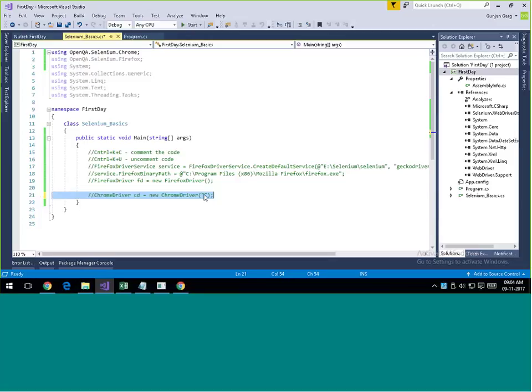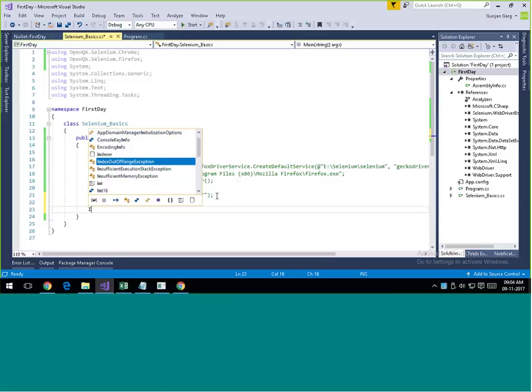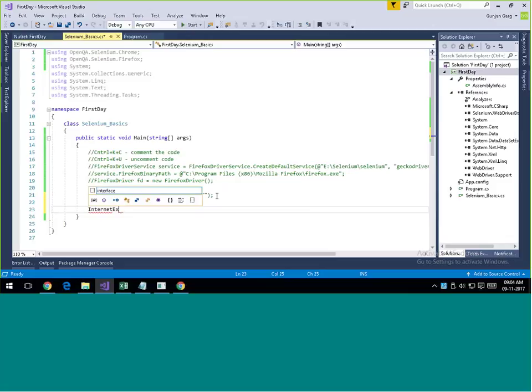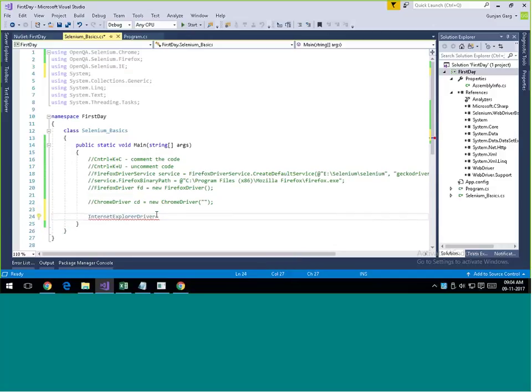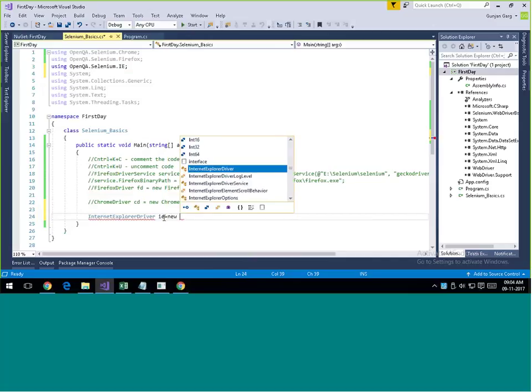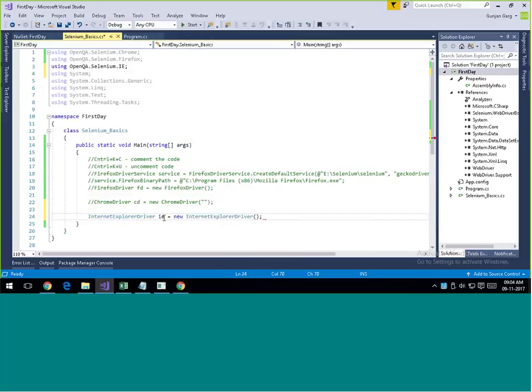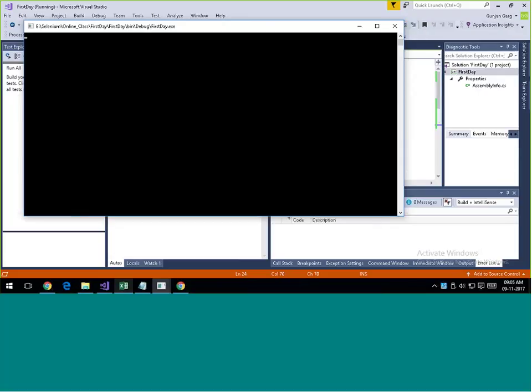Similarly, the same goes with the IE browser as well. For that I first of all will declare my Internet Explorer driver, and for this also we'll have to import the class for it. So you either click on this yellow bulb, this down arrow, or else you can even hit Control plus dot, and then also this list comes up. We add the reference using openqa.selenium.ie. Then I create the object of this Internet Explorer driver class as well. And now if I try to run my code,